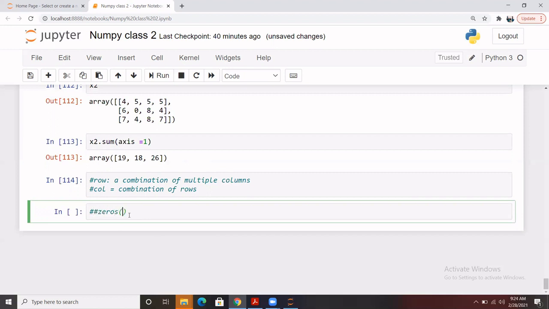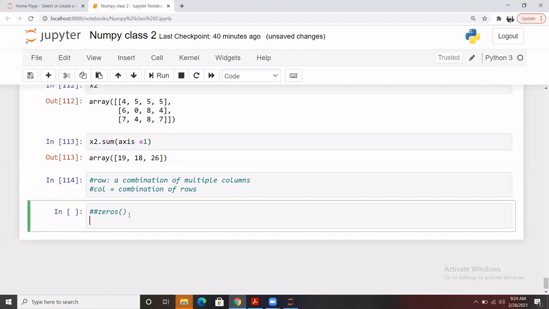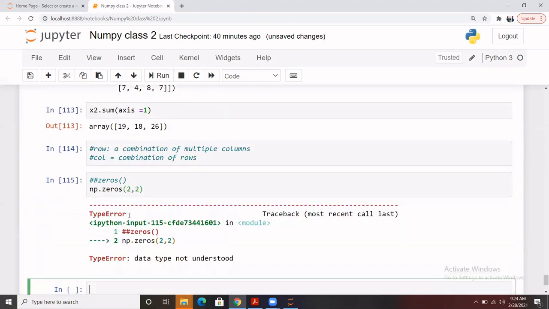The zeros function is there. So how can we write it? np.zeros, and here we can mention how many rows and how many columns you need. Let me pass one value, then I will confirm this.